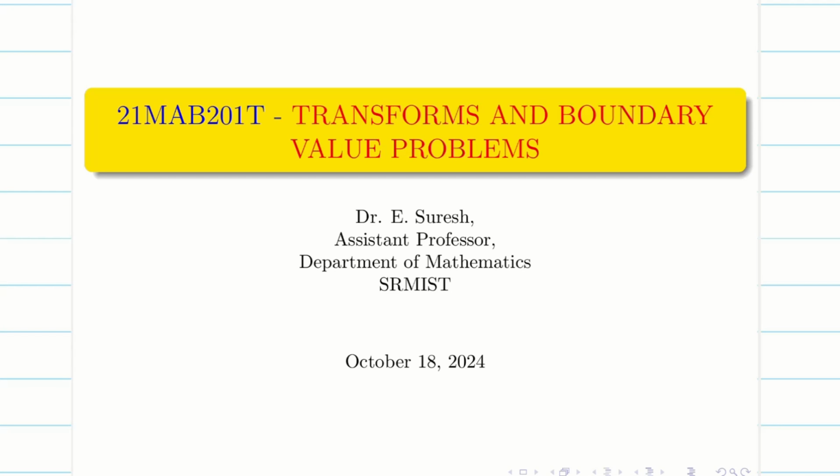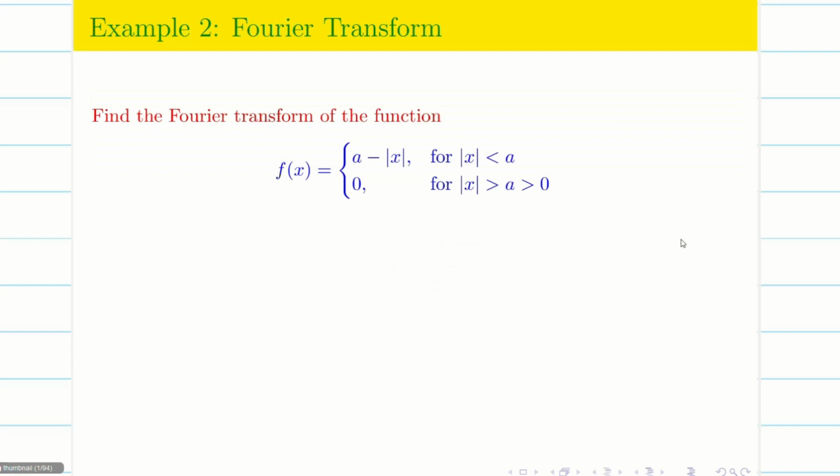Dear students, welcome to the problem solving session on Fourier transforms. In this session, we are going to see some interesting problems which are very important from the exam point of view. Find the Fourier transform for a given function f of x is equal to a minus mod x for